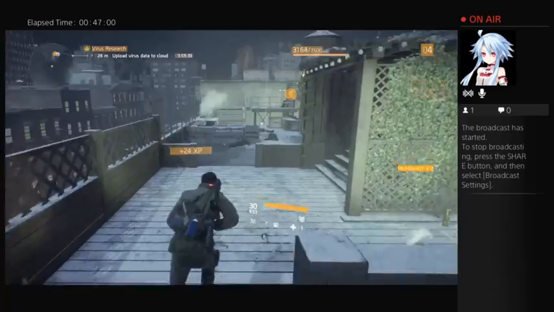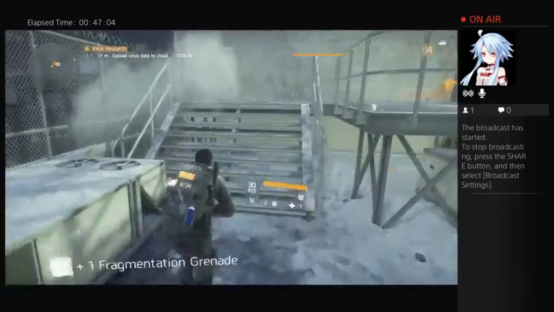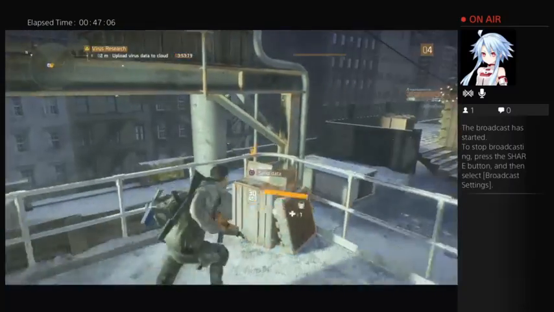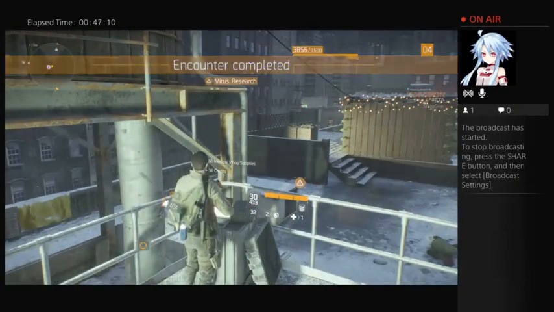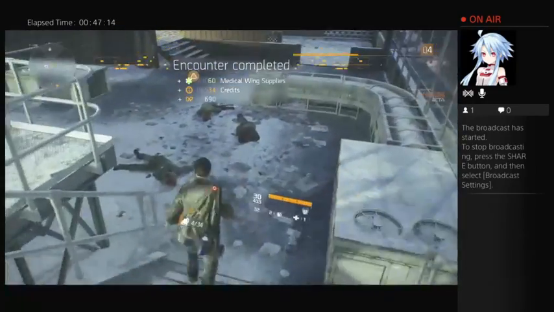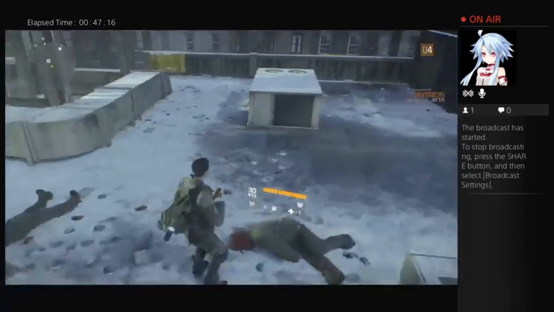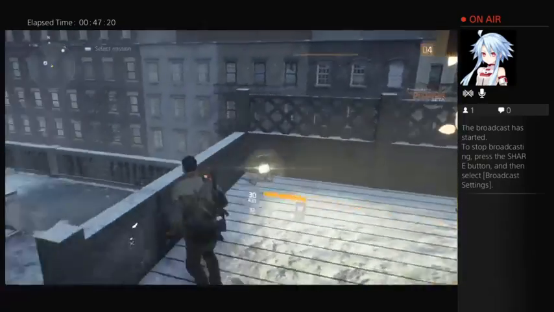And enemies neutralized. So now I can move in, hop over, worry about looting everything after, because I'm on the time limit. Data uploaded. Yeah, got medical supplies, got some credits to use at any of the vendors. And now that I no longer have a time constraint,